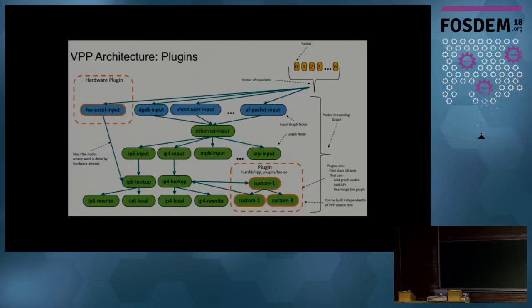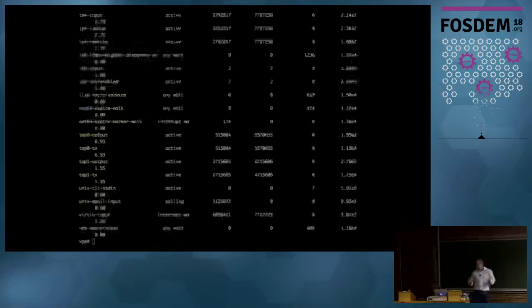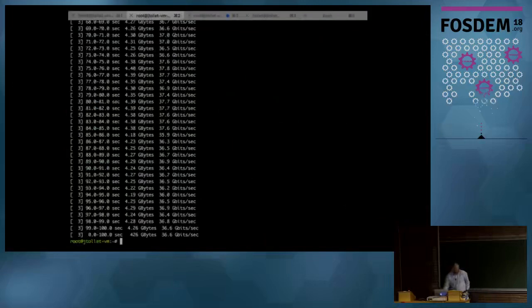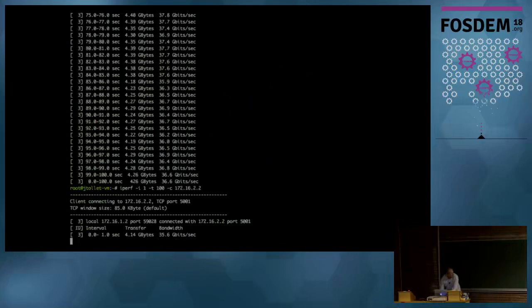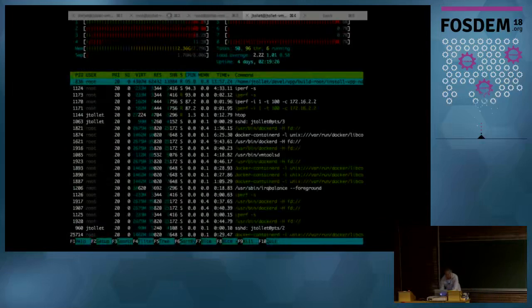That's the average we do in order to process 40 gigabits per second in the regular Linux kernel. What's fun is that when we are only processing 6 packets, that means VPP is not the bottleneck here. So let's have a look at the bottleneck then. Let me run this iPerf again.